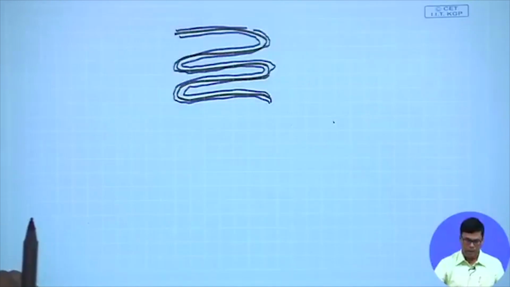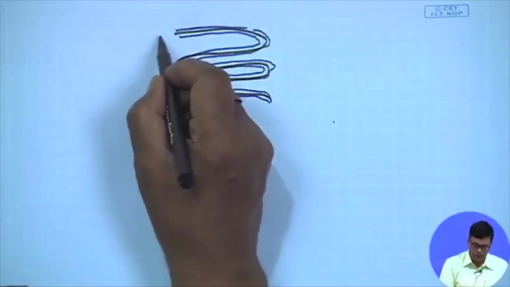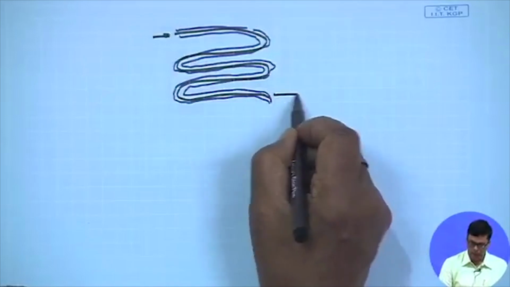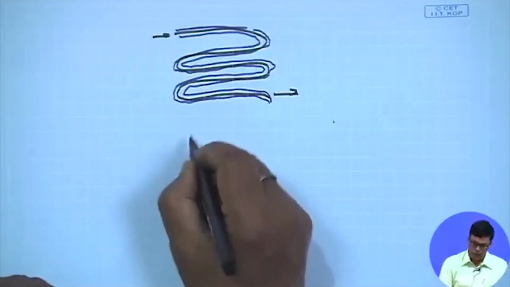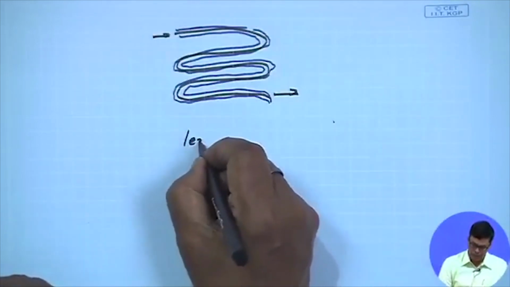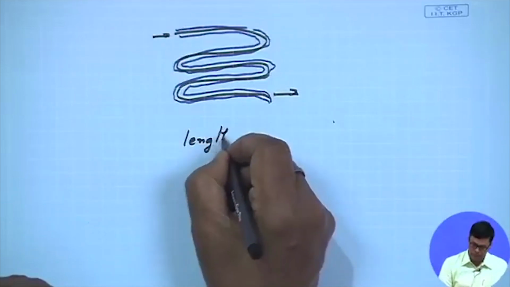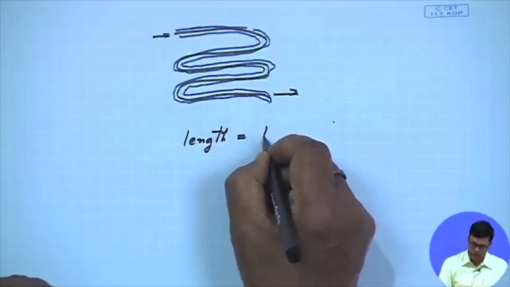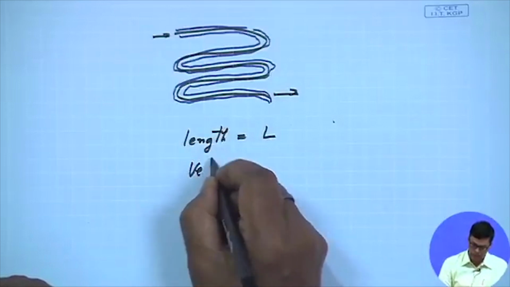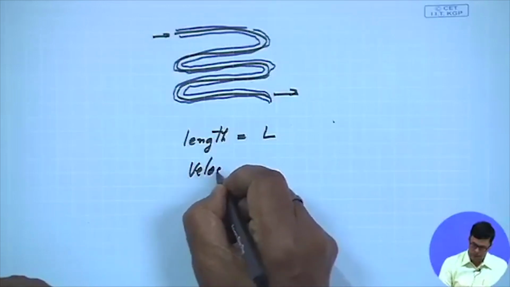That is in practice, because we pass the media here, and if you know the length of the pipe, suppose the length of the pipe is L, and if you know the velocity of the liquid, the velocity is